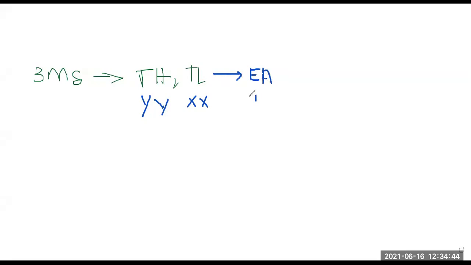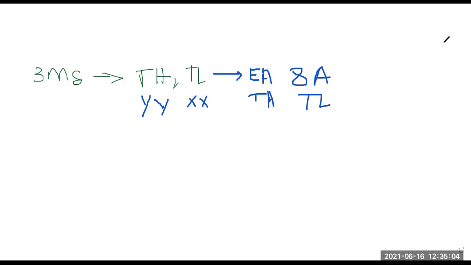So for 3 millisecond, you got TH and TL value. TH, TL value means nothing but it is a YYXX value. See, TH is nothing but YY, TL means XX value. This is what you calculated, EA8A, right? EA is the TH value and 8A is for TL. So this is what you need to load for TH and TL for generating the 3 millisecond delay.